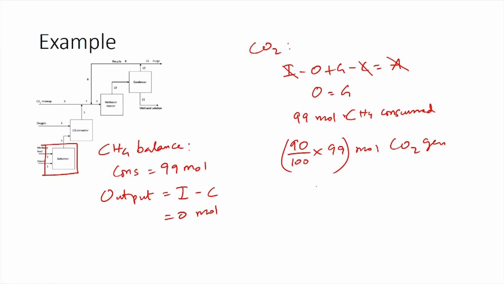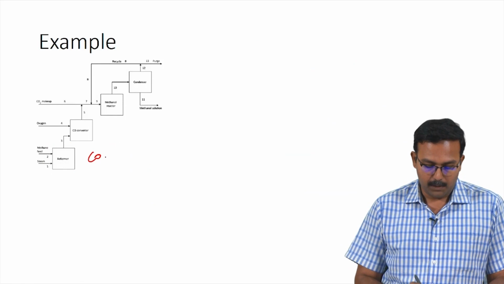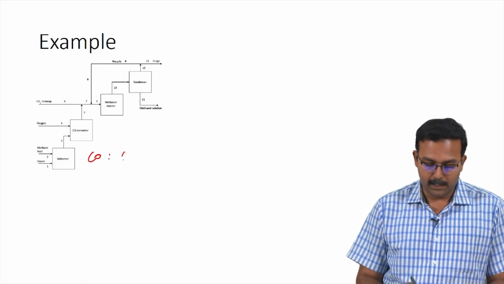So, CO2 generated would be equal to 89.1 moles. So, this implies stream 3 contains 89.1 moles of CO2. Similar to carbon dioxide, we can also perform a carbon monoxide balance, which would again be output